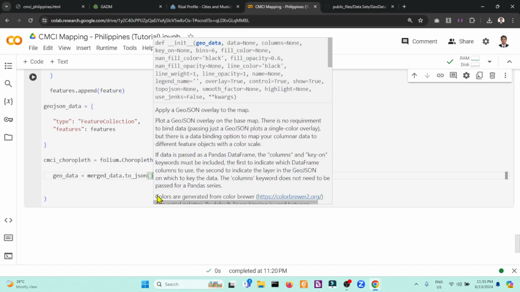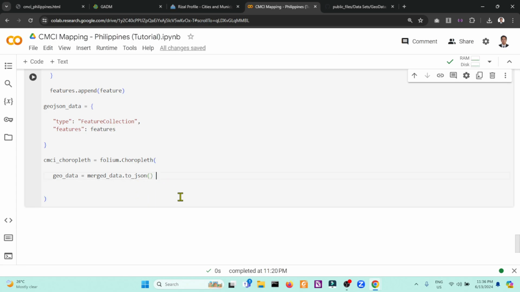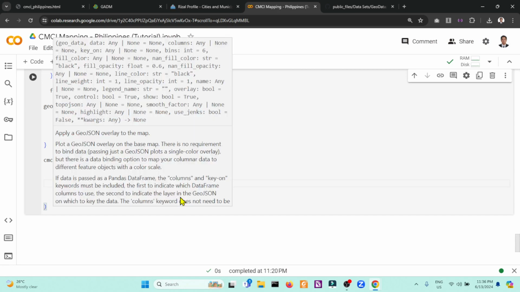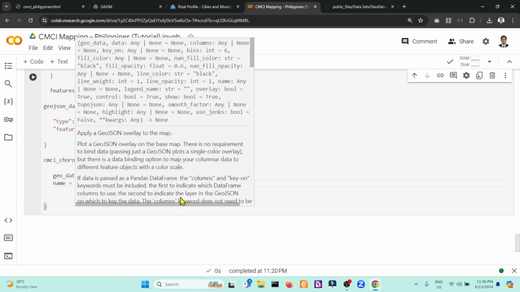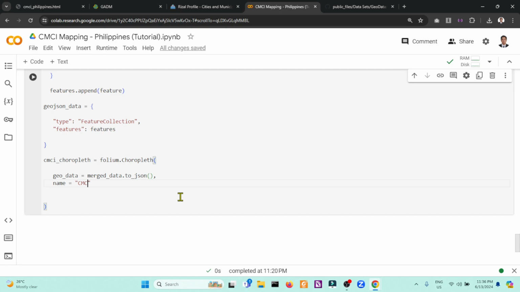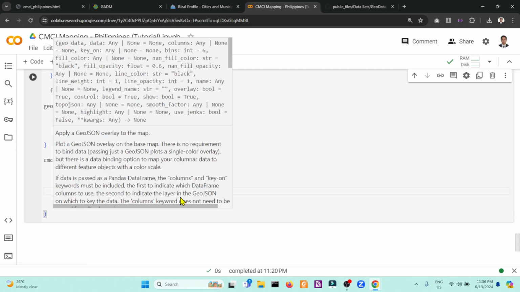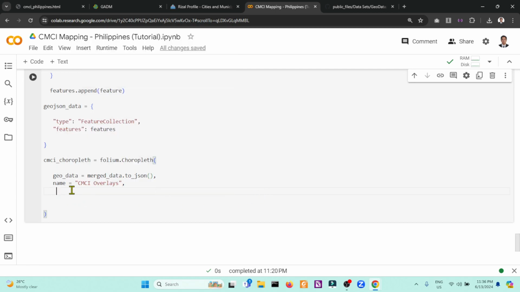So this argument provides the geographic data converted into a GeoJSON format. The next one, we will need to name: CMCI overlays. This will be the name that we will see on the layer control. More on layer control later.